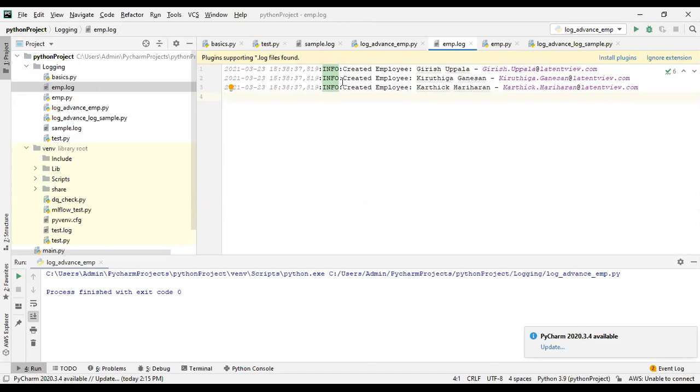So when you execute the same thing from the main file, will you be able to get the same information? No, not exactly. But why? Because you are using only the root logger.